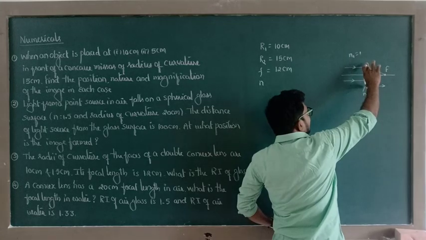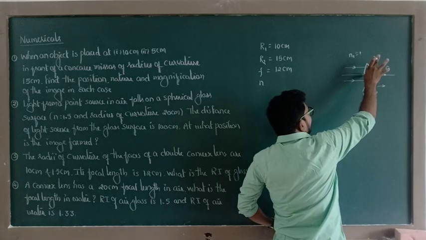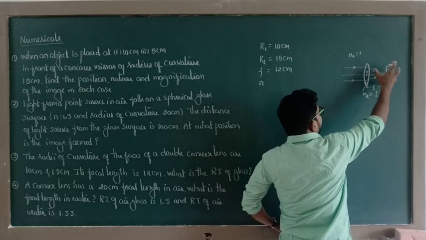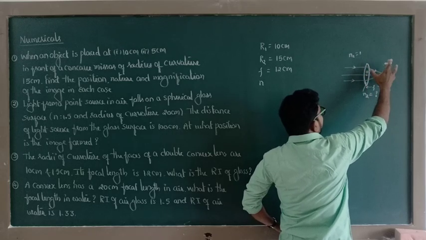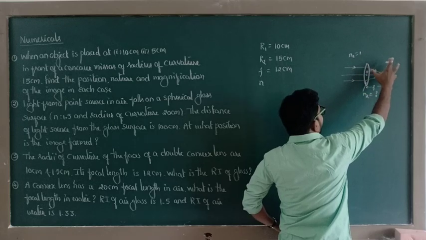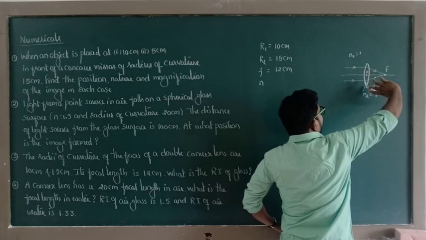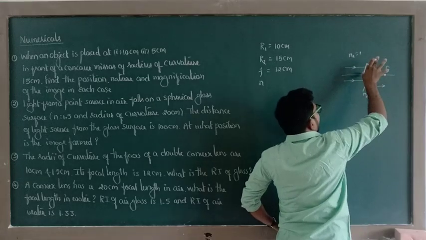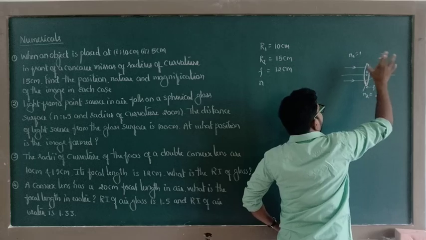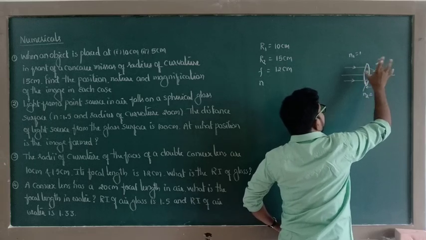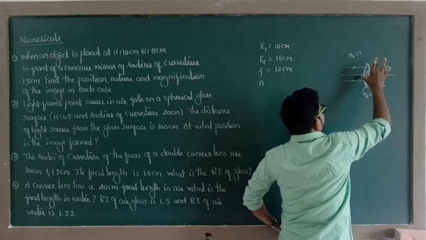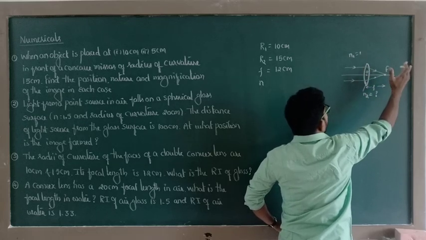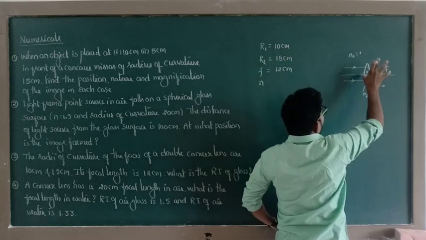By considering the center of curvature of this first spherical surface, that point lies somewhere on the right side of this optical medium. By proceeding that, we will get an imaginary sphere like this. All distances are measured from the pole to the center of curvature; that distance is the radius of curvature. Here the direction of measurement is in the direction of incident light. Therefore R1 has a positive sign.